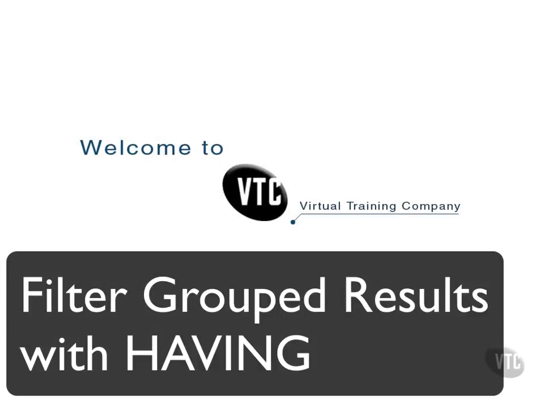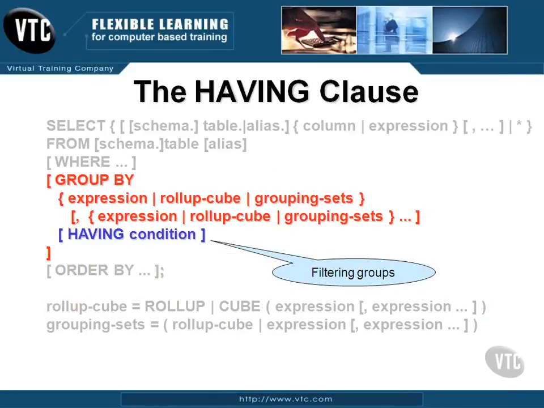Now let's go and take a look at the having clause. The having clause is similar to the where clause, except that the where clause applies filtering from the select statement directly against the I/O activity, thus reducing I/O activity. The having clause, on the contrary, will filter the results of a group by clause, so it will not reduce